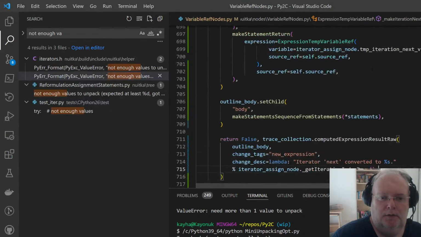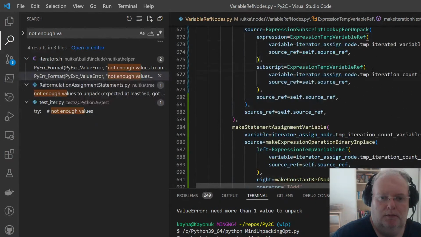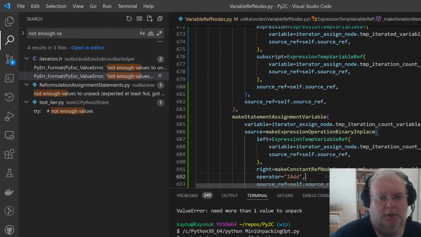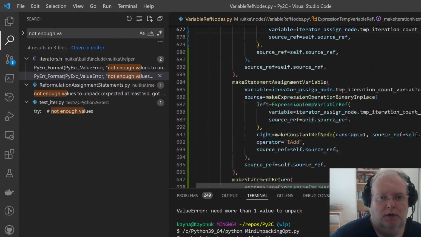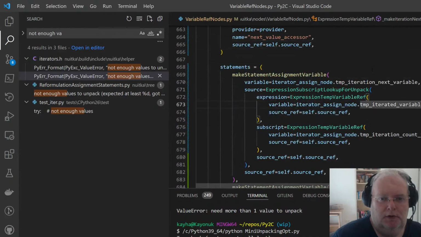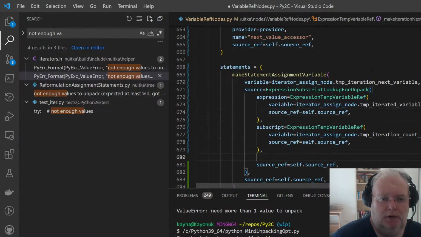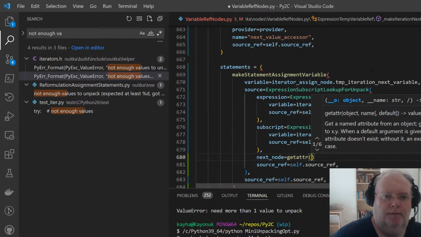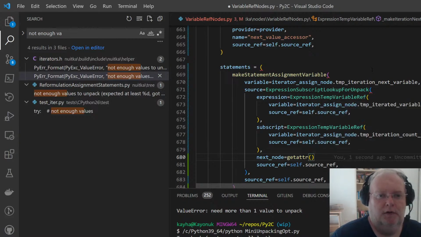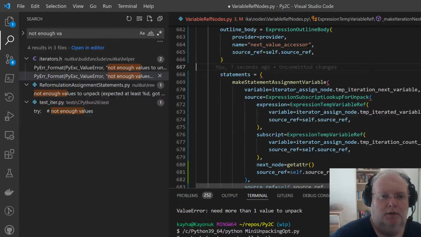And I need to make, I think I will make count an optional argument here, like next node equals get iter. I only need to be for unpack if it's an unpack node.